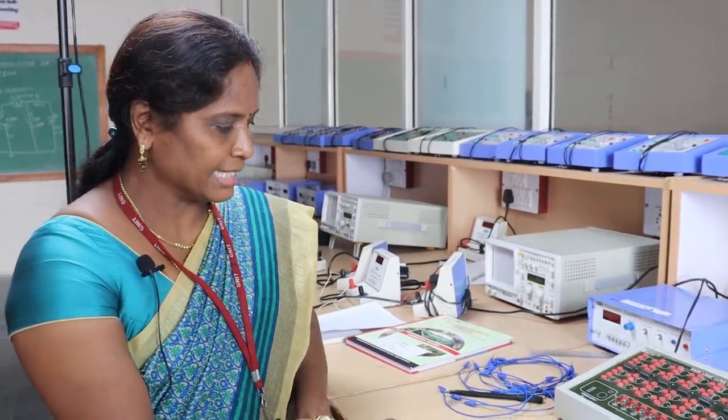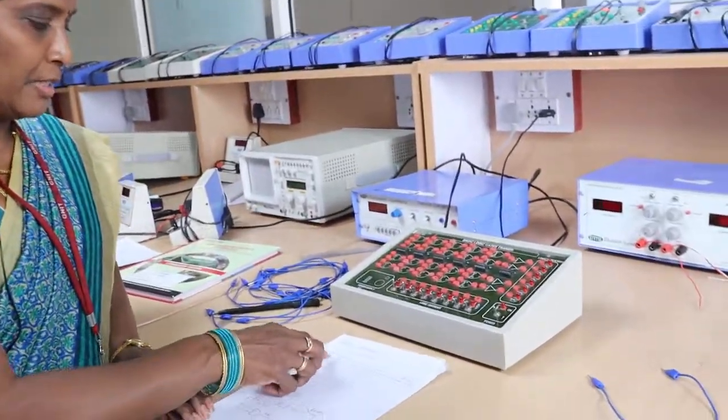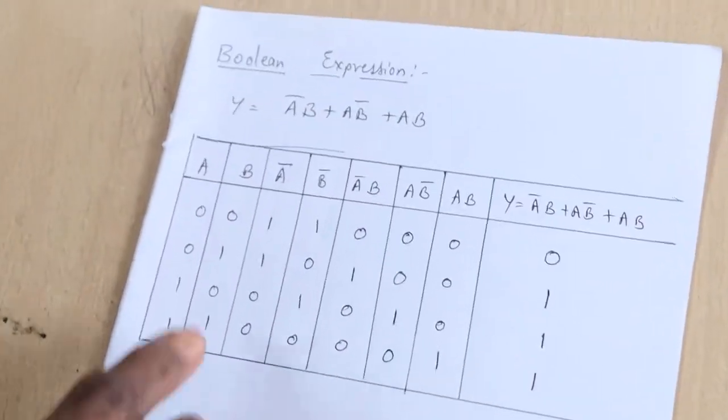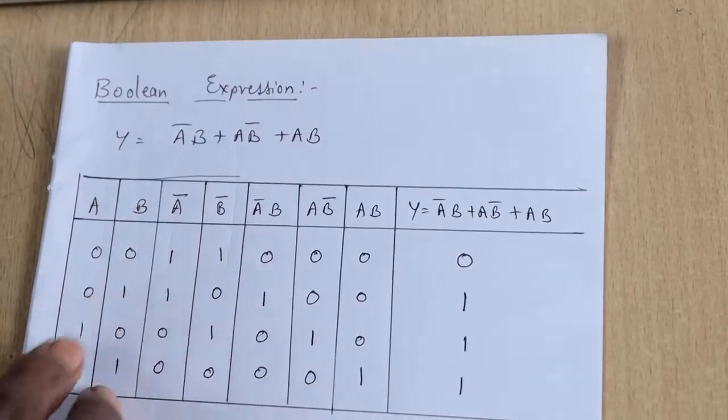We have completed the verification of basic gates truth tables. Now we will see the Boolean expression. So y is equal to a bar b plus a b bar plus a b. Okay. So this Boolean expression we can design using the